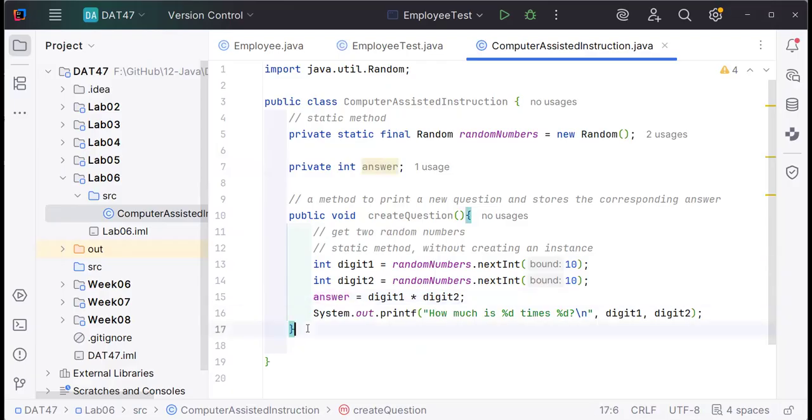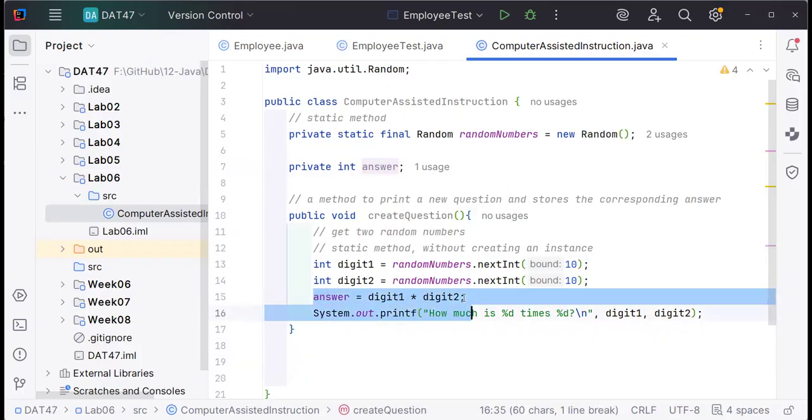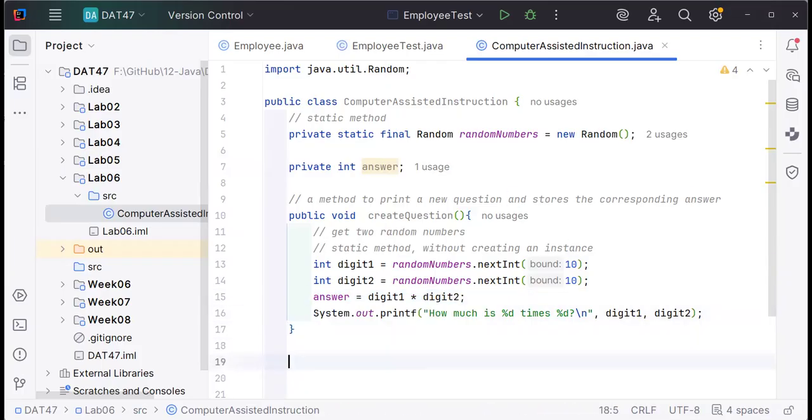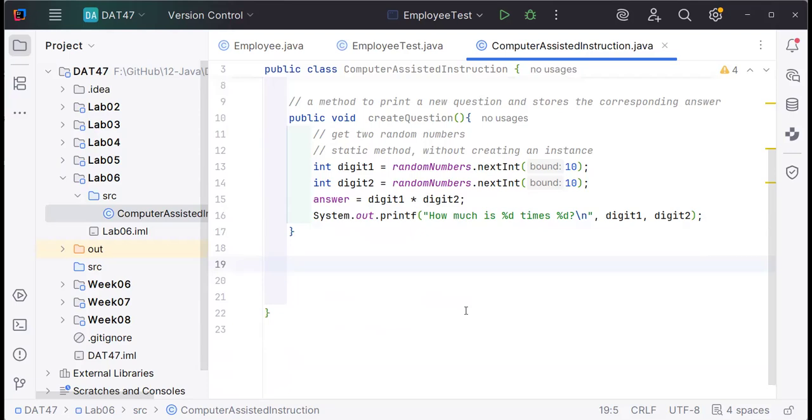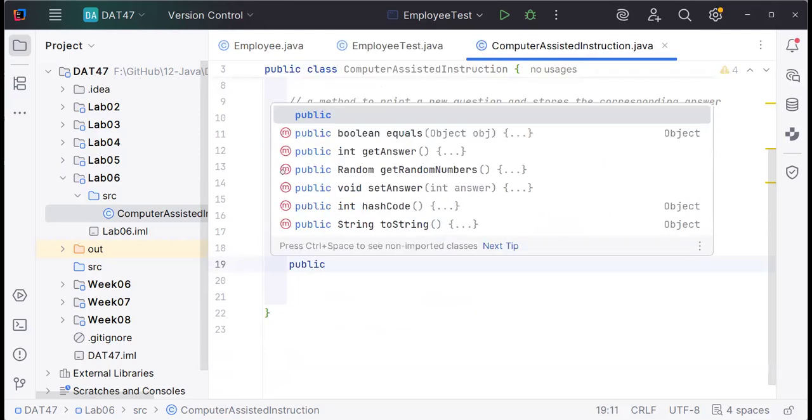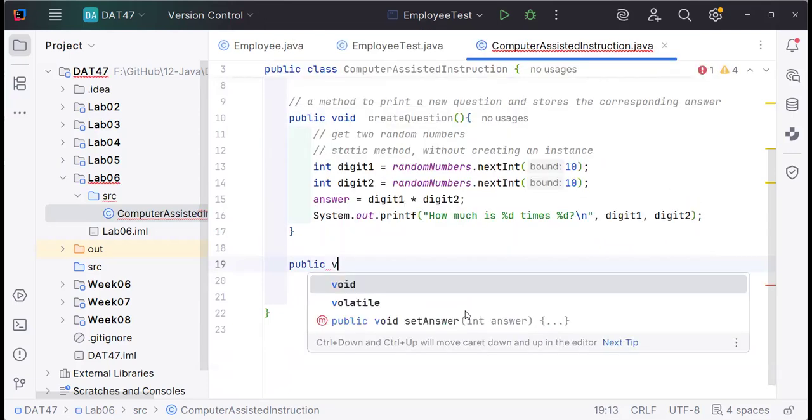And after this method, we are going to write another method that is to check whether the response from the users is the same as the answers calculated here. So let's write the second method, that is public void